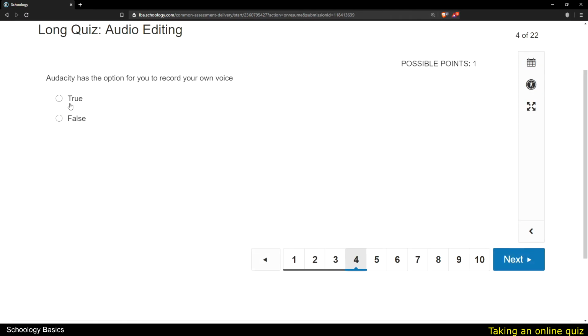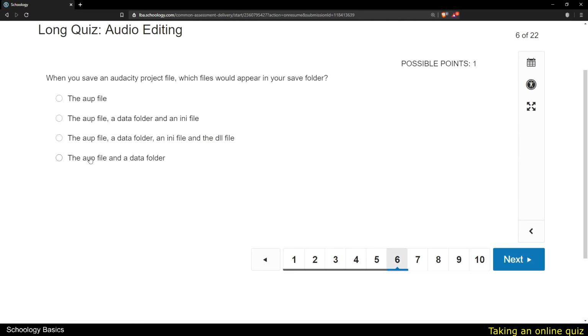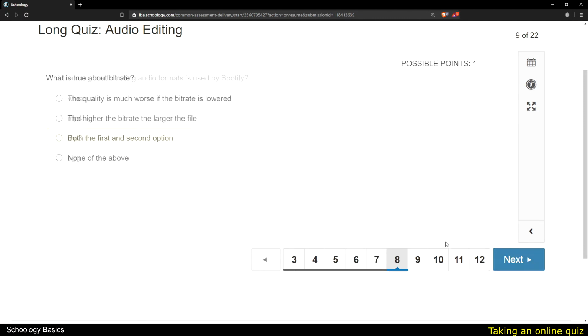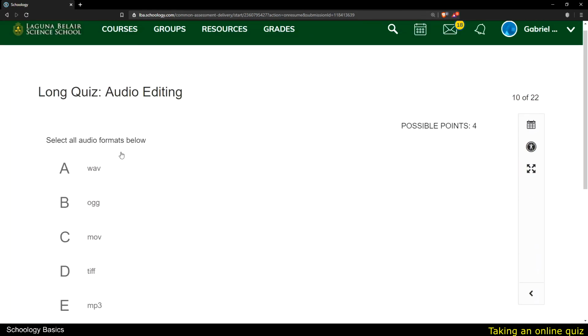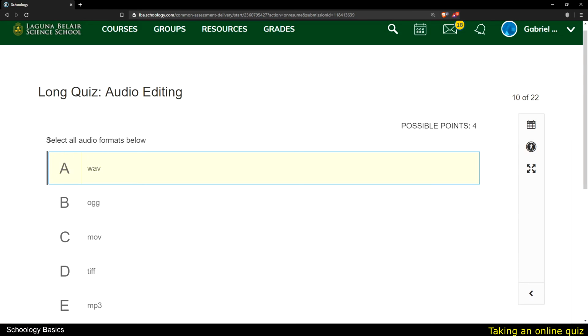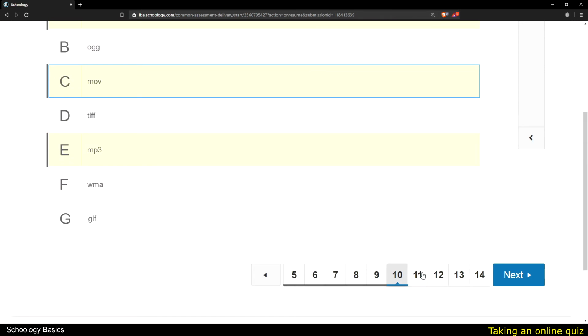and then we just do it until we're done with the quiz. As you can see here, these are multiple choice or true or false only, but in some cases there will be essays, there will be matching type, and so on. But this quiz is exclusively multiple choice or true or false. Now, this one is still multiple choice, but it says select all audio formats below, so that you can choose multiple